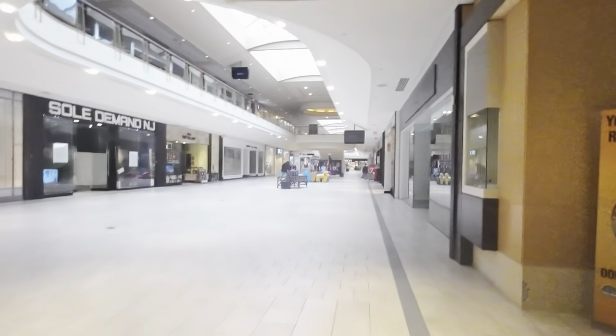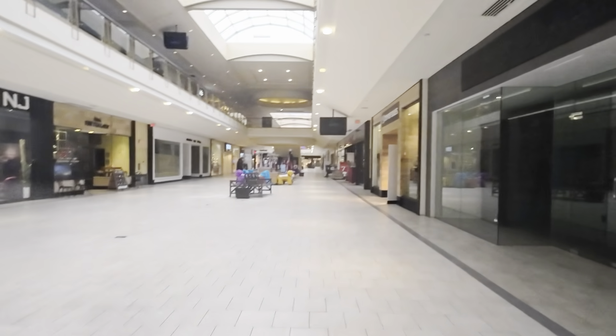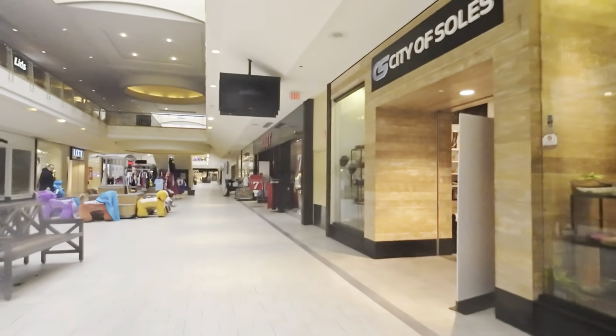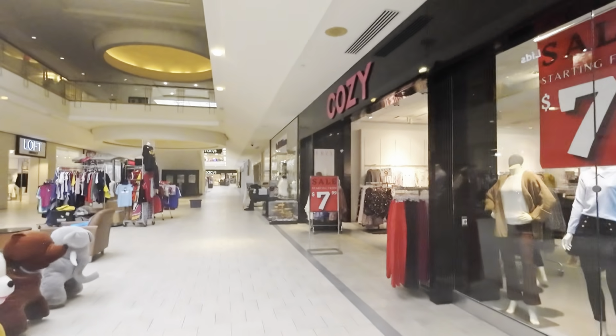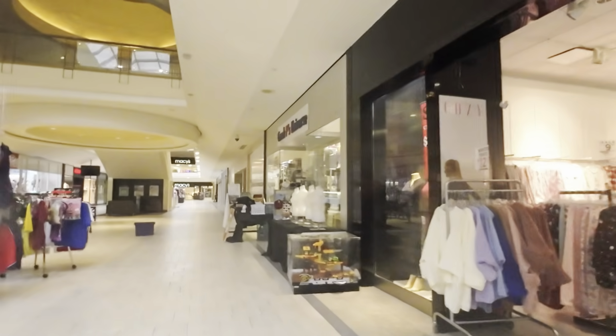Now, the reason why this mall was developed and the reason why it did so well in the beginning is because it benefited from the migration of the population in the northern part of New Jersey to suburban and the exurban areas, and the exodus of shoppers and stores from downtown Newark. So when this mall was created, it was full of life. It was a really unique looking mall. It has many cool features that, some of them have obviously changed, but